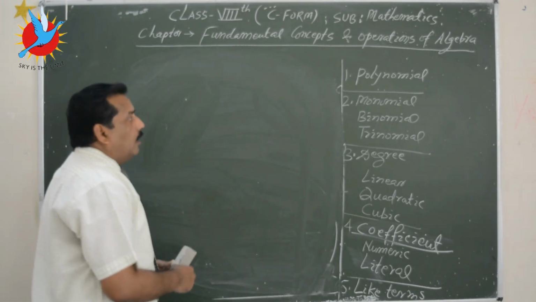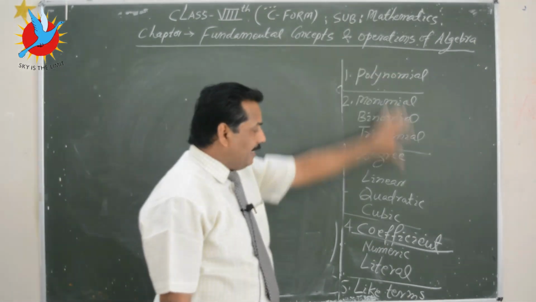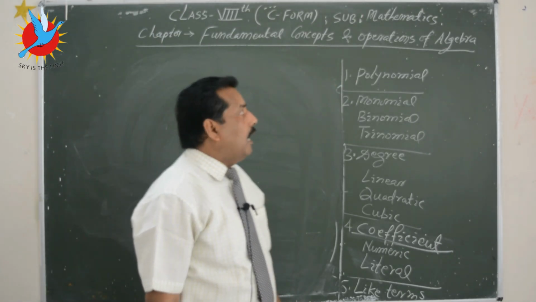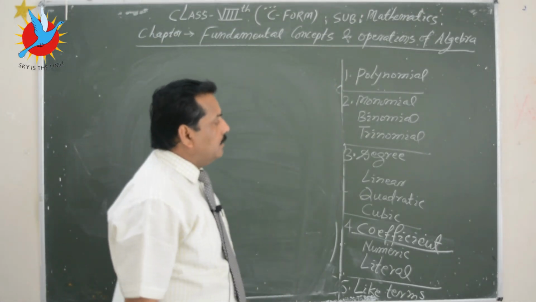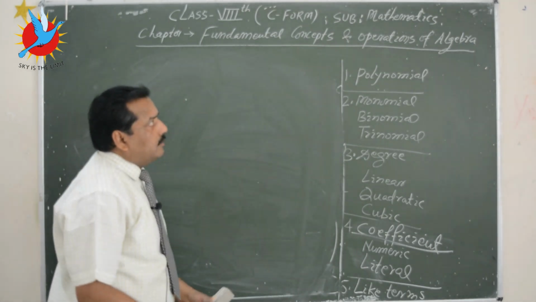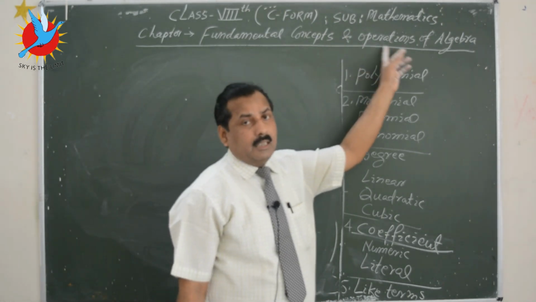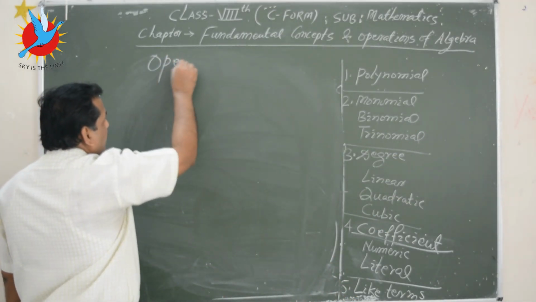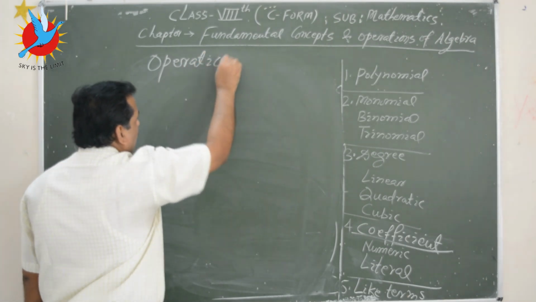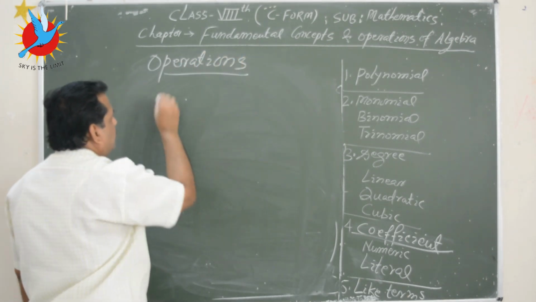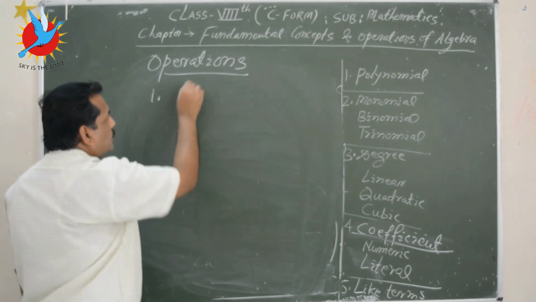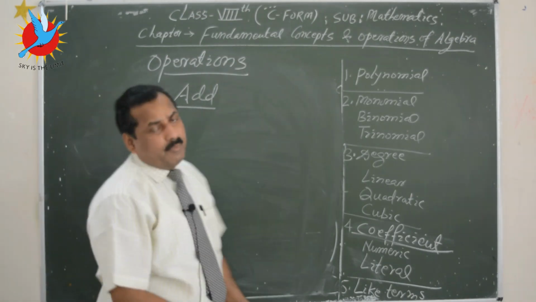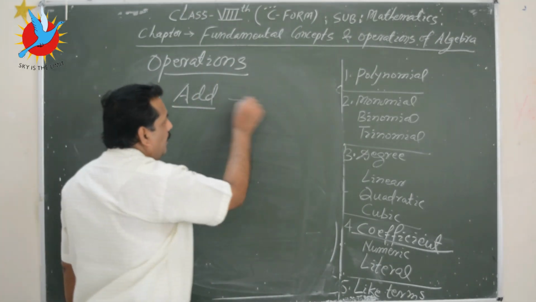Now we are coming to different operations. Till this stage we have discussed different concepts, we have defined different terms, and now we are going to start this part, that is, operations of algebra. These operations may be arithmetic operations, and one by one we shall be taking up these operations. So how to add two algebraic expressions? For addition,